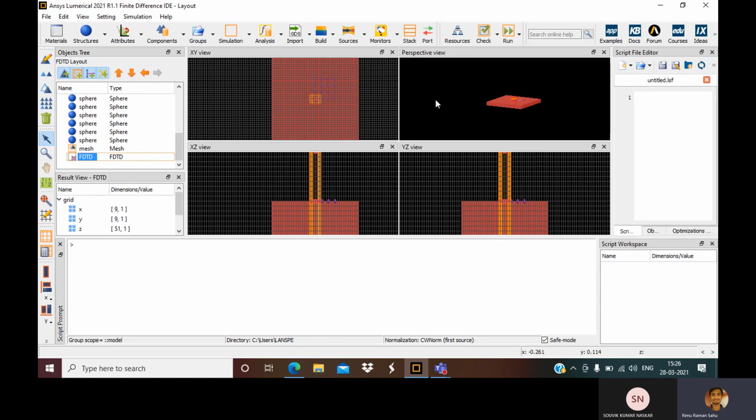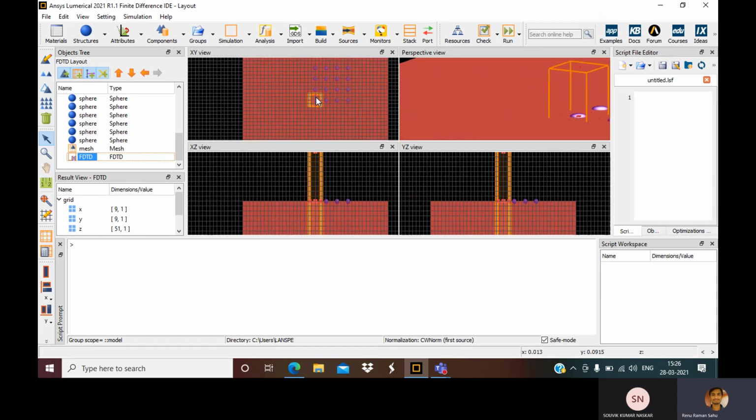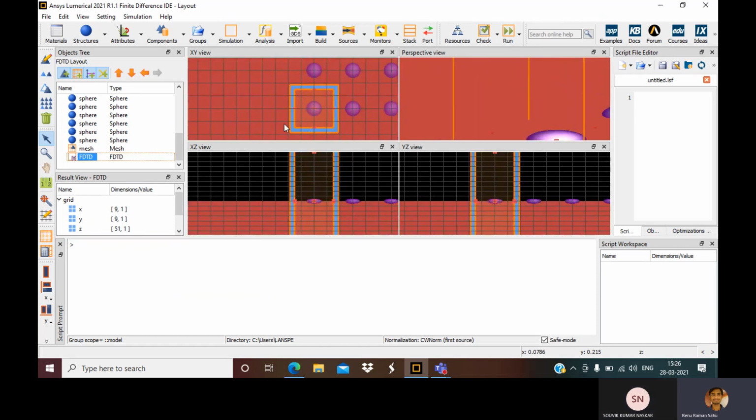Now, let me zoom in. You see, we have completely engulfed this unit cell, and this is periodic along x and y.